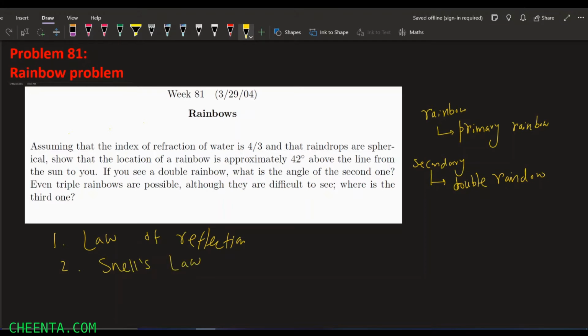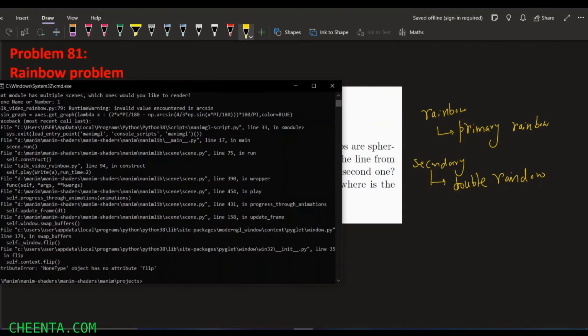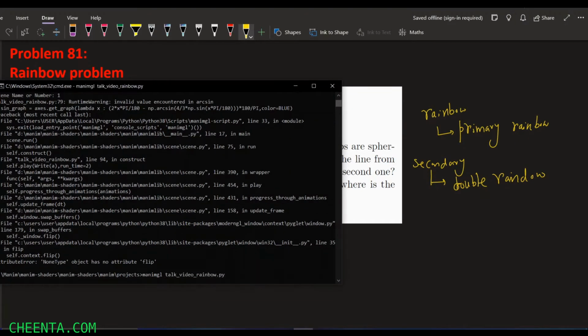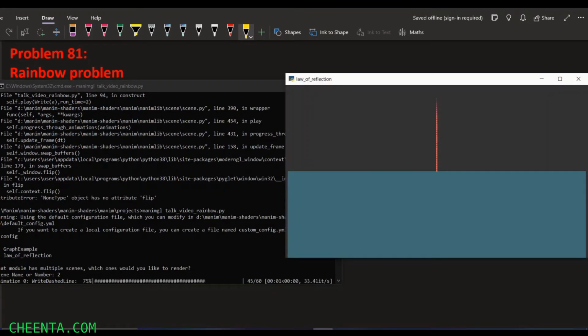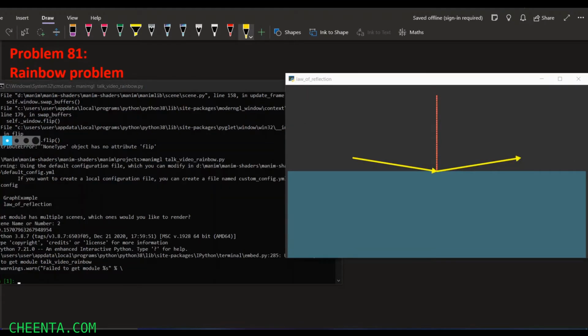To show you the law of reflection, I will take the help of an animation. So let me show you an animation. In this animation you can see that we have a medium, that is a surface here, and a ray has been incident on this particular surface at a particular point, and then it has reflected outwards, that is this ray.